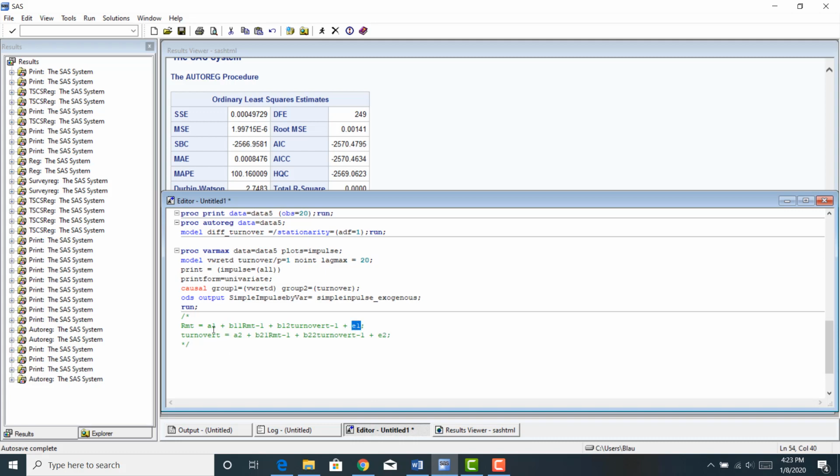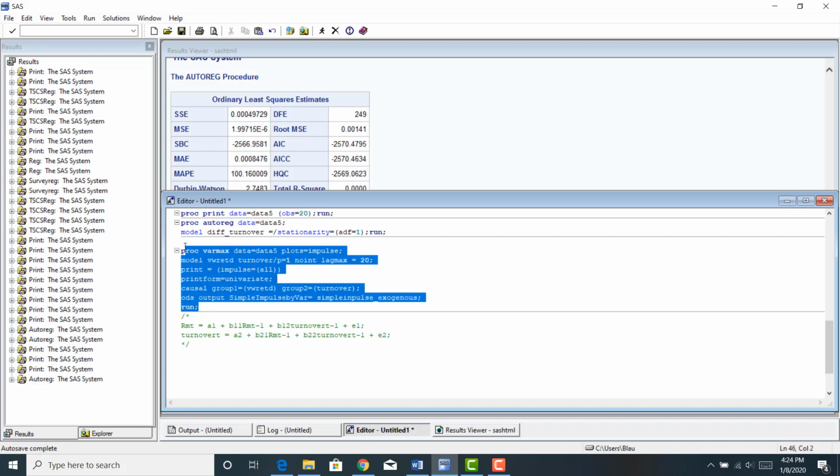I can look at how a one standard deviation shock to market returns that is exogenous to this time series relationship, what a one standard deviation shock does to turnover. Does that make sense? So when I run these lines of code,